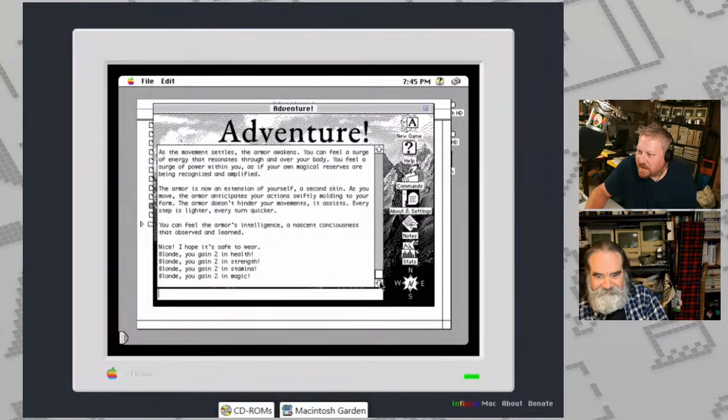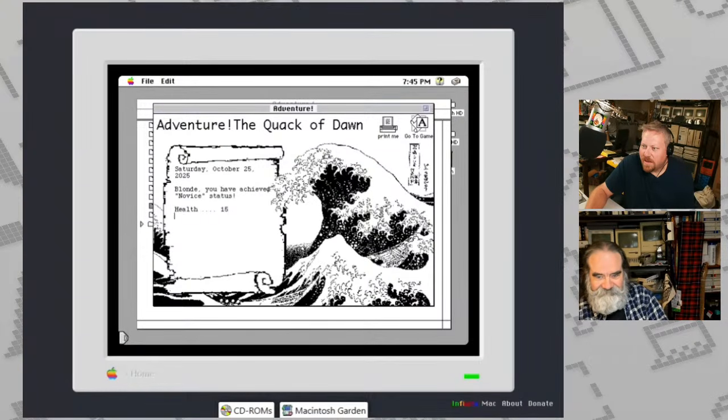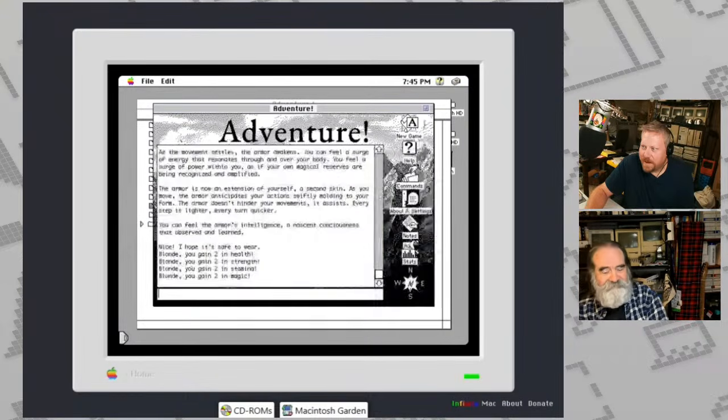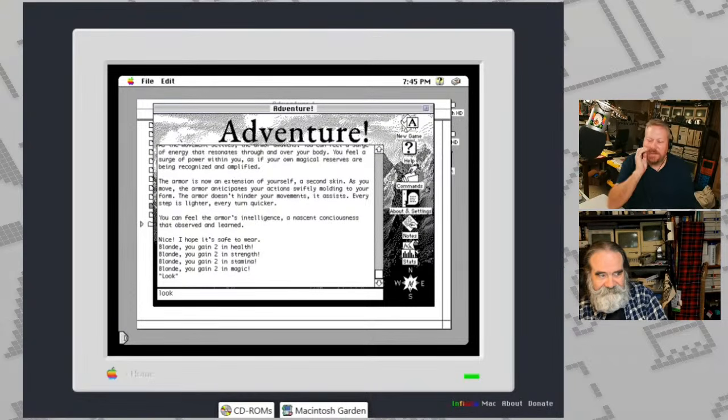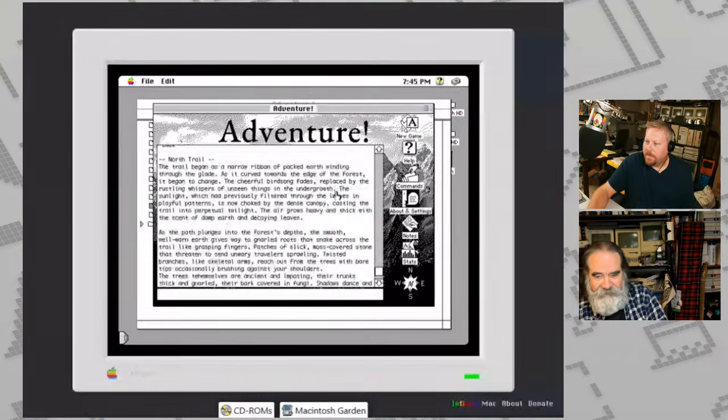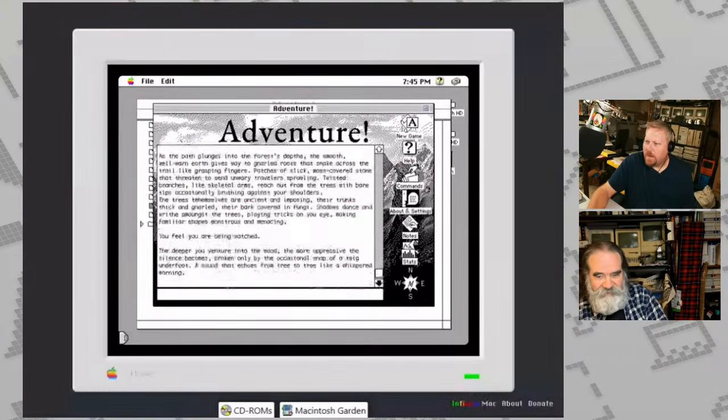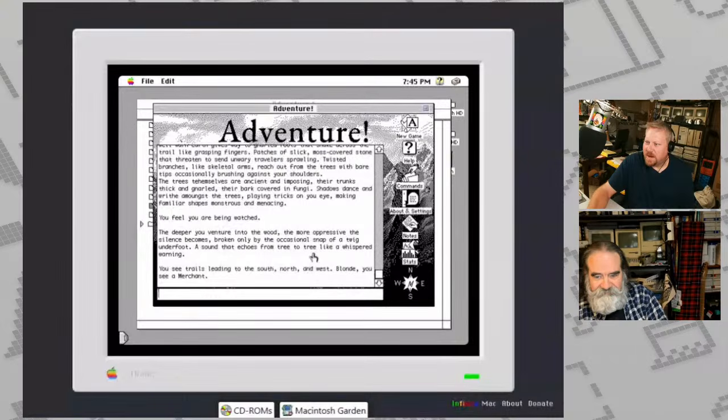Very interesting. Okay. So now I'm sure all my stats are bumped. You're still a novice. Yeah, I was going to say I really haven't done much. But I'm about to break 100. You're getting there. All right. So we're going to look again and see which directions we can go, which I think is just north at this point. Actually, I think there's some other locations. Oh, there's west and east. So let's go west.